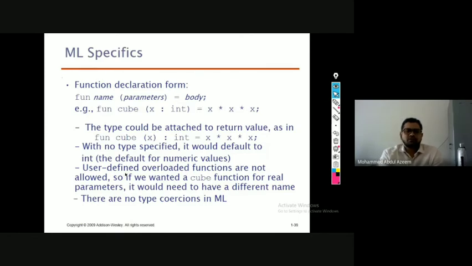Like in C++, we have the overloading concept. With the same name and a different data type specified, you can have the same function renamed. It's possible, but since overloading is not allowed in this particular language, if I want to perform the cube of a number on another data type, I need to give some other name to that function. I can't have the same cube. You can have cube float or cube2, something like that, which has to be different from the name you have given for the type you defined before.